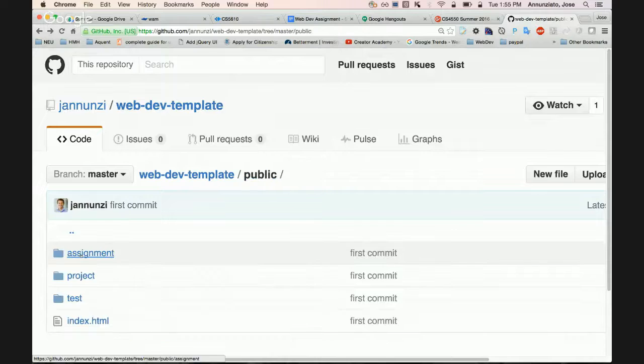Oh, before I get in there, this index.html is what I refer to as the homepage of your website. That is worth, what is it, 8% or something? That index page, again, it should look spectacular. It should have links to your project, to your assignment, to your GitHub, if you have documentation, videos, yes.